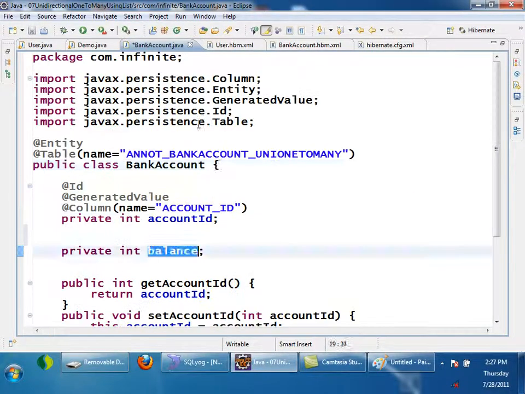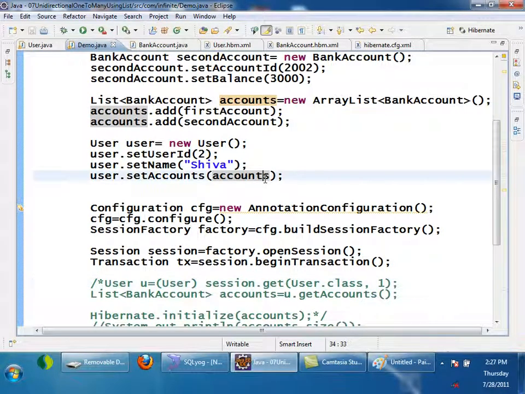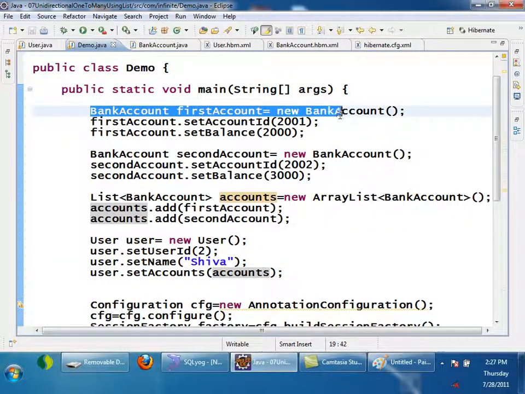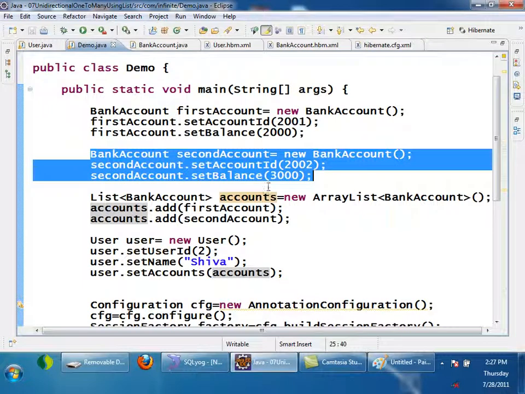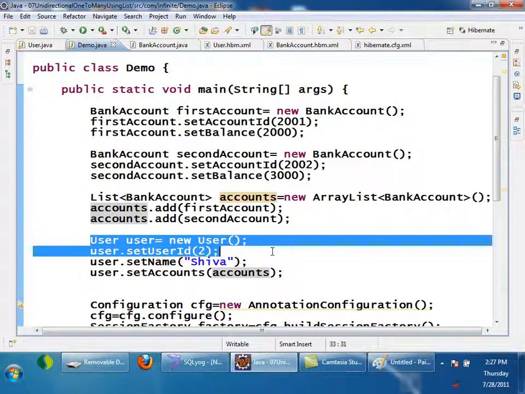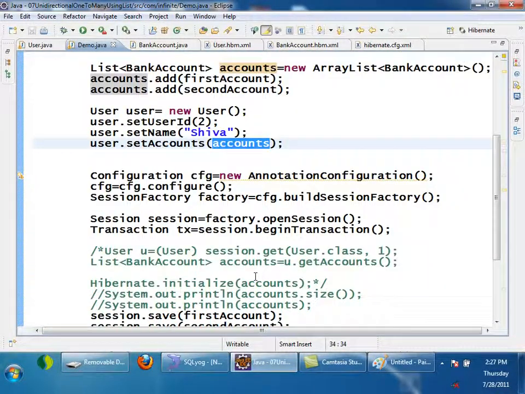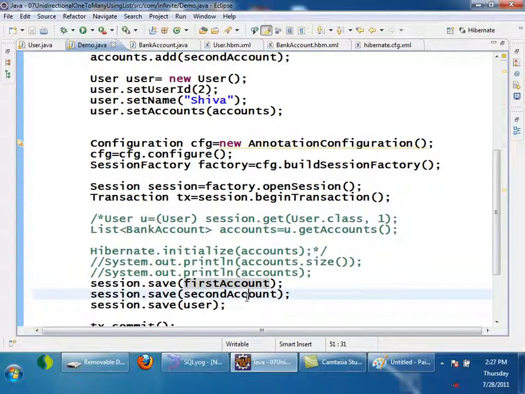So that's it. It will work. Now bank account classes are configured, and in demo, if I run it, what am I doing? I am creating first account, second account, keeping those accounts in a list, creating user and setting the accounts, then saving first account, second account and user. I will run it.